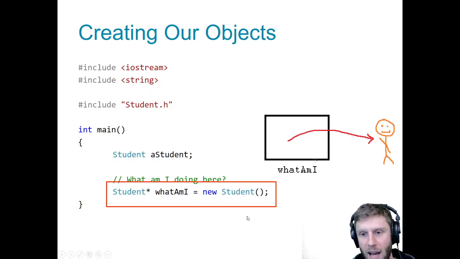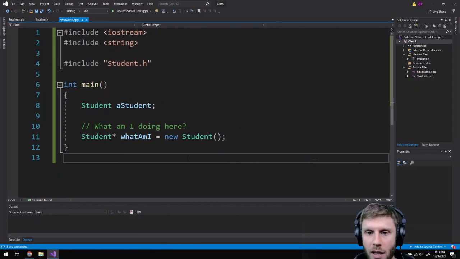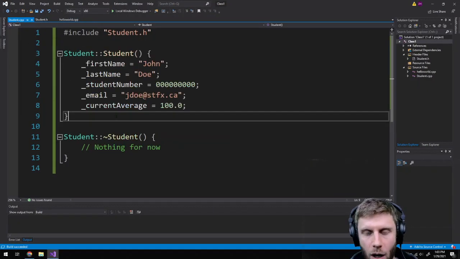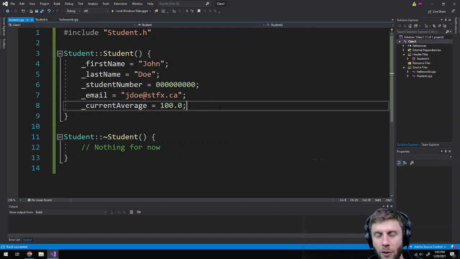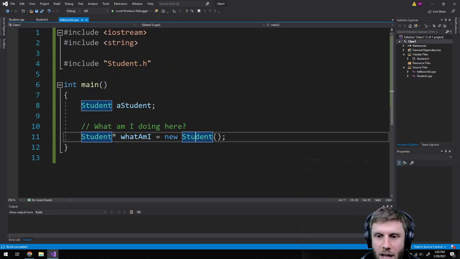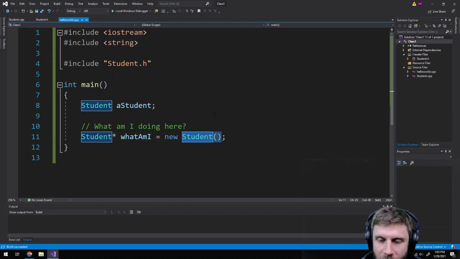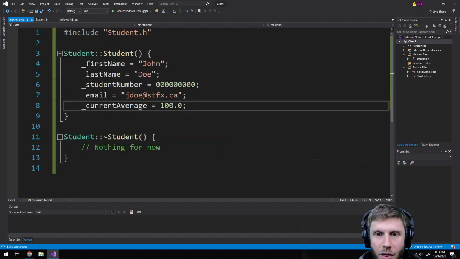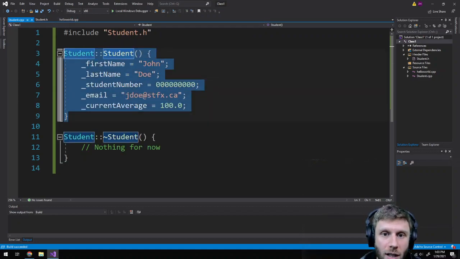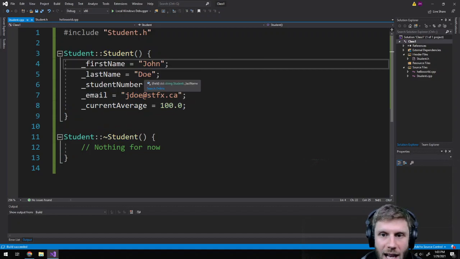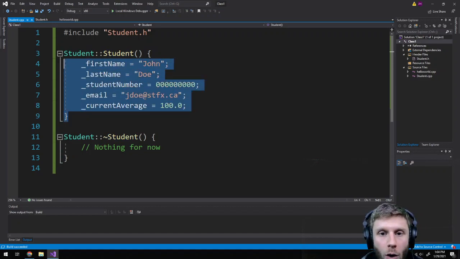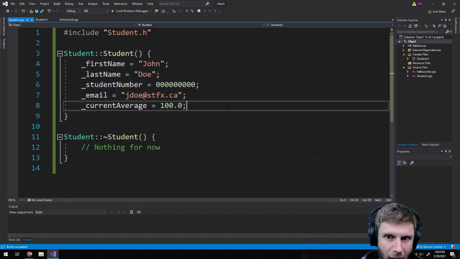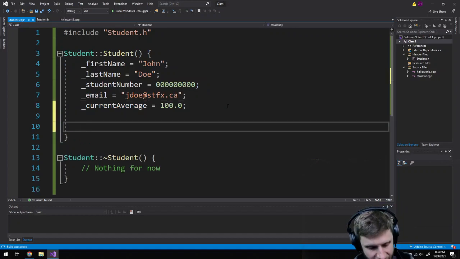And you know what? I'm gonna add one thing to our code. I'm gonna go to our constructor. Whenever we do something like in our main, when I said new Student, when I called the name of the class here, this actually runs this code. It runs the constructor. So first name is set to John, last name Doe, student number. All the code in this method runs. And to prove that,